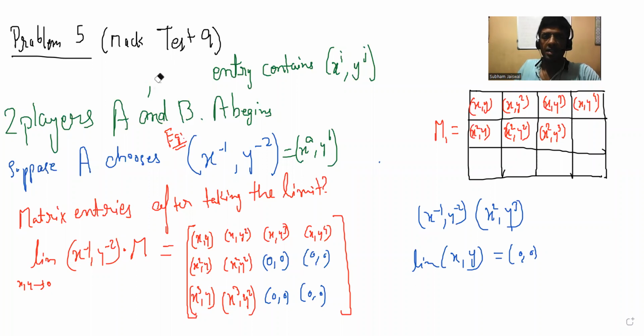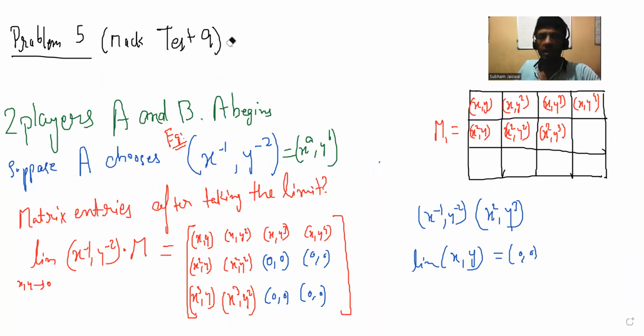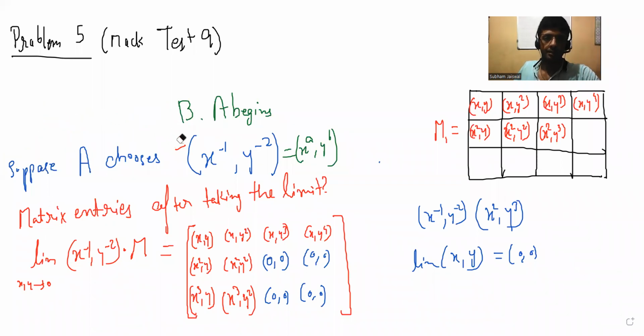So yeah, Rasubru, we are discussing this question number 5. So I suppose you've seen the question. Just have a look here. So far we have just said that you start with a matrix whose entries are these pairs of variables, and in each move you pick some arbitrary vector x to the power a, y to the power b. I've given an example for the initial case where you pick x to the power -1, y to the power -2, and you multiply every entry of the matrix component wise. Then you take the limit as x and y go to 0. Whatever entries become 0, you change them. Others you don't change. So that's what the question is. So everybody's understood? Okay. All right.